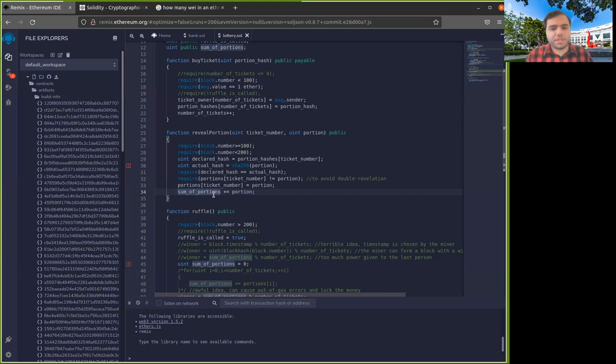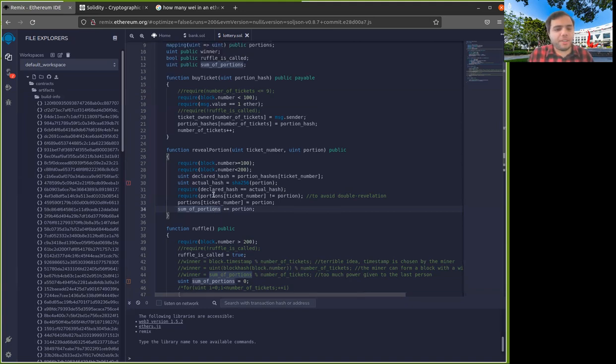If the sum of portions happens to be even from the very beginning, I just don't reveal, and again, I win. So as you see here, we have kind of like a 50% attack, which means that if I own all the, let's say, even number tickets, I can be sure 100% that I will win the lottery. And this is, again, assuming that everyone else is playing honestly and I'm the only one who's doing an attack. So this is not great. How can we fix this?